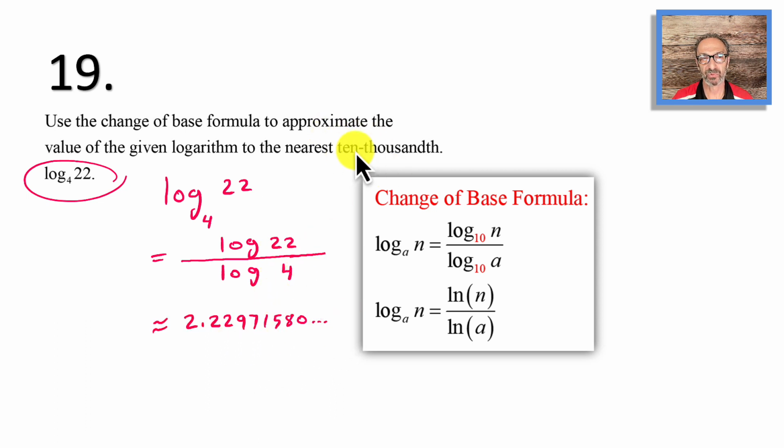We need to round to 10 thousandths. That means 4 digits after the decimal point. Looking at the numbers right here, 1580. Looking at 1, that's too low. So 7 is my last number, and we just drop the 1 and after. Next,